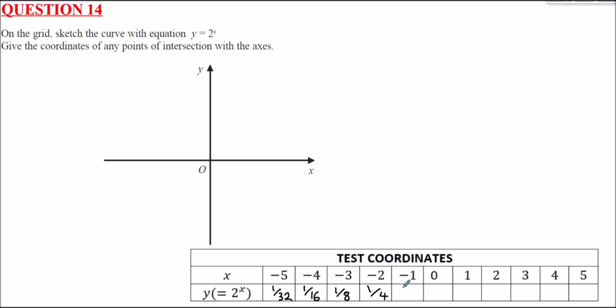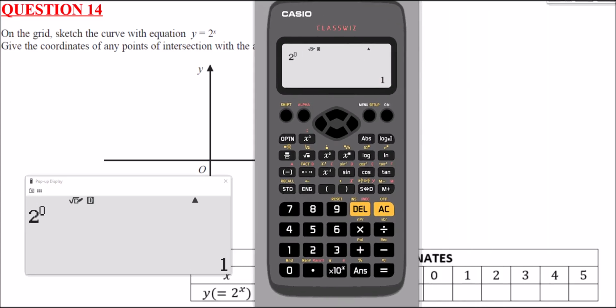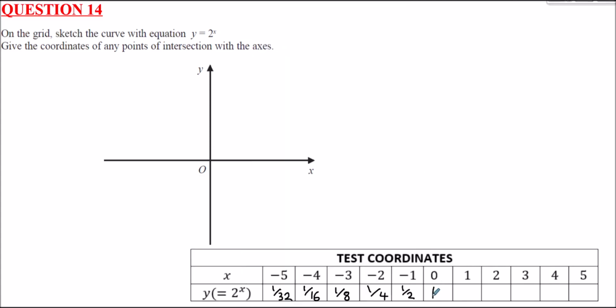If you try 2 to the power -1, you get a half. If you try this here, you should know that anything to the power 0, what that is. Anything to the power 0 is, yep, it's 1. If you look here, the answers are doubling as we go this way. So as x goes 1, 2, 3, 4, we get 2, 4, 8, 16, 32. So what we need to do is label the intercept. It's going to cross the y-axis when y is 1. So let's label this in